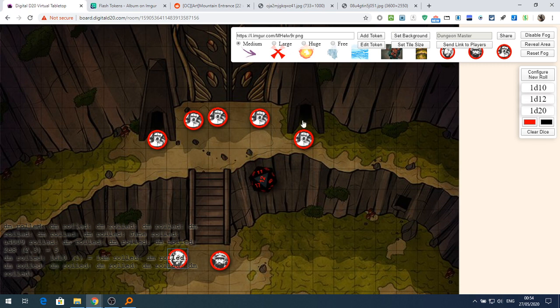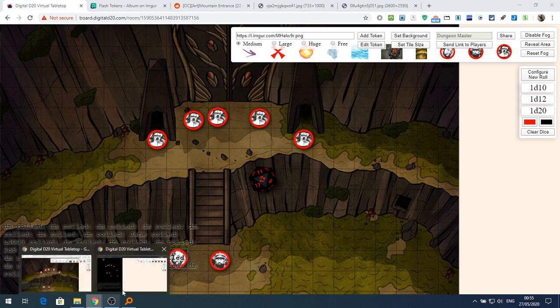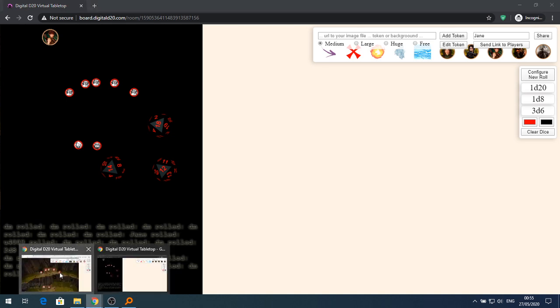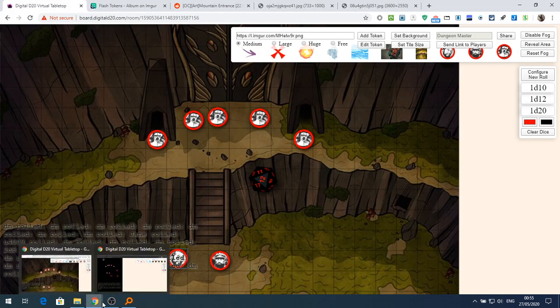So that is the Digital D20 virtual tabletop. As you can see, it's nice and simple. It's not using much resources. It's all held within the browser, so that's a big thumbs up. All your players can share it, and if you've got somebody with bandwidth issues where you're trying to share screens, then this might be a good alternative. So if they can access the website, they can see what you can see, and you only need the one URL, which is really handy, with your room number,